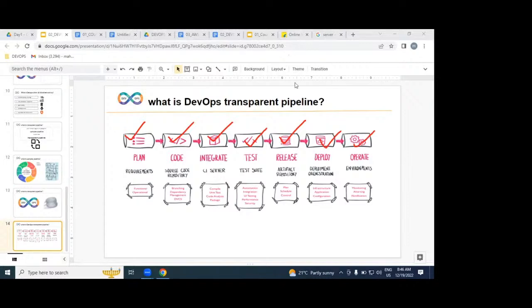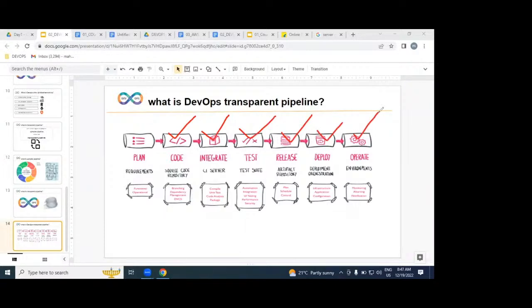In this DevOps process, our roles and responsibilities start from where? The dev environment. And end where? Operations. That means our roles and responsibilities cover the dev environment, integration, testing, release, deploy, and operations.